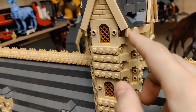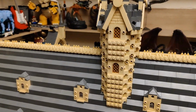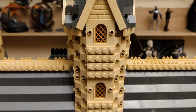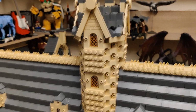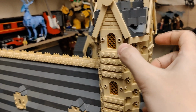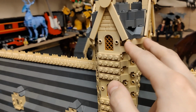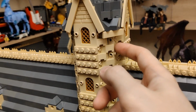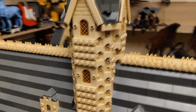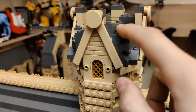Thing that I don't like is that this is hanging on one SNOT stud over here, which is a technique I try to avoid because I don't like builds that are fragile and flaky. That for me indicates laziness. But for the time being, since this is a weird angle, there is no real way to do it. I tried to place another one here and have them connected to 2 SNOTs, but it just doesn't work as the spacing here is different and it's thinner than one plate. And the reason that I've stopped here is mainly because I need more of these